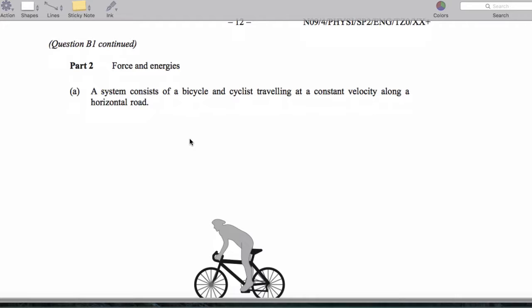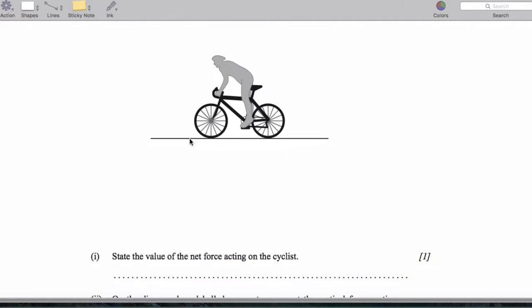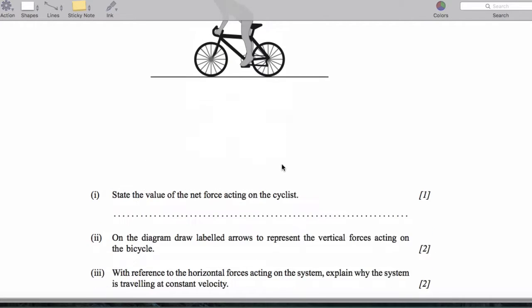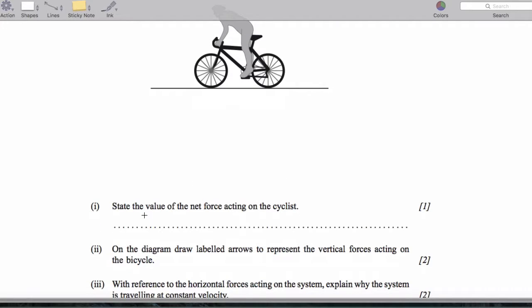All right. Now for the second part, we have a bicyclist and a cyclist traveling at constant velocity on a horizontal road. We want the value of the net force acting on the cyclist. Constant velocity. That means the net force is 0. And let's draw a force diagram